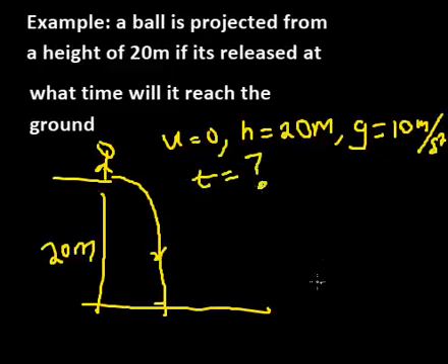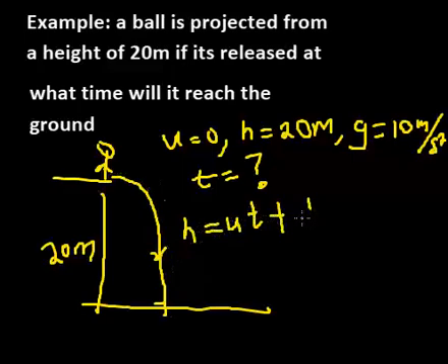So what equation captures all these parameters? Of course, that should be the second equation. Remember the second equation: h is equal to ut plus or minus half gt squared. Now I'm using plus because it's downward. Here we go. h is 20 meters,